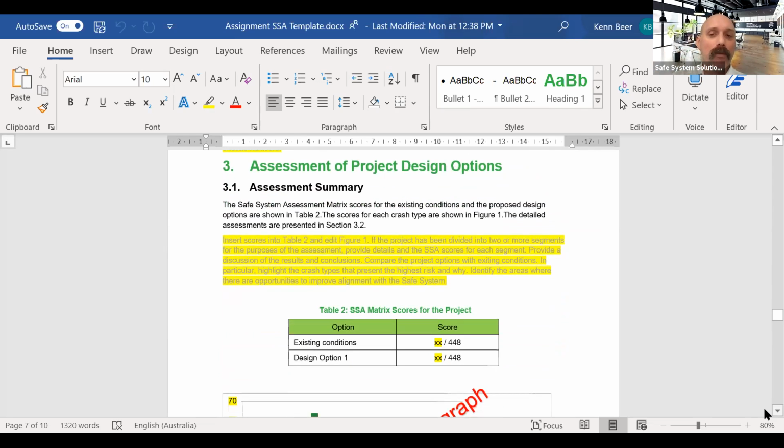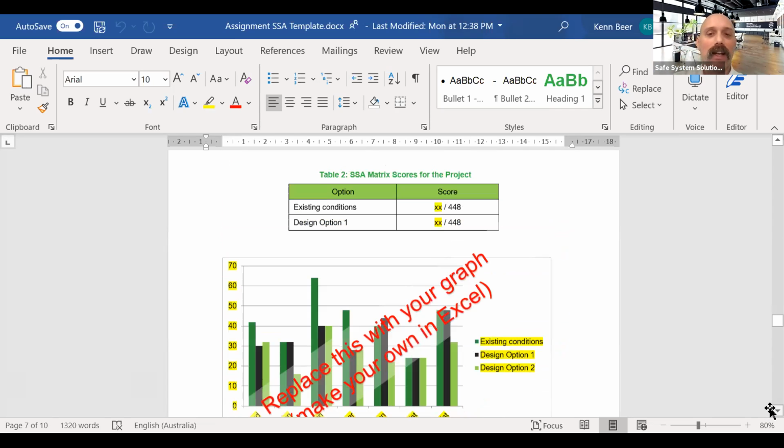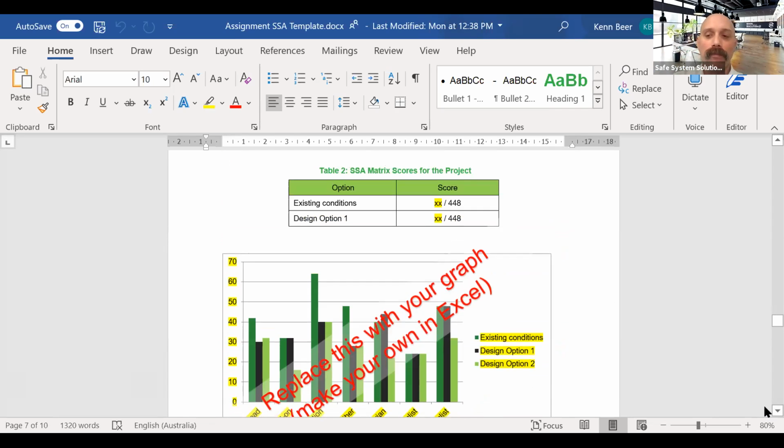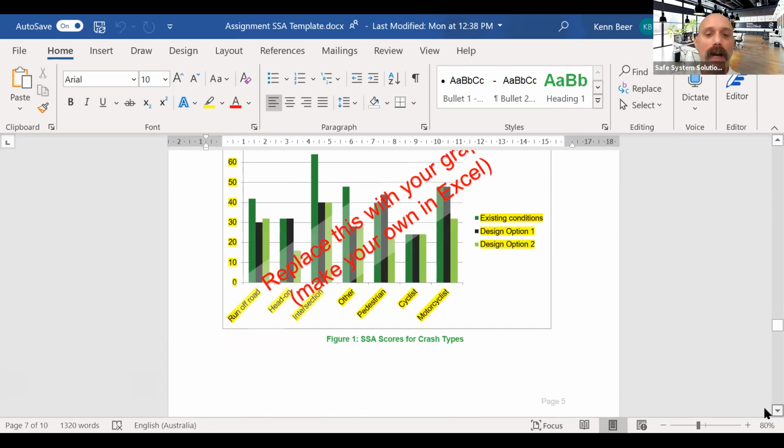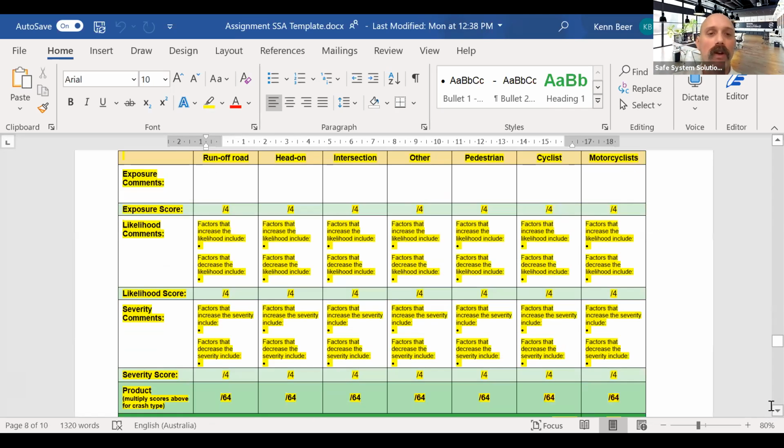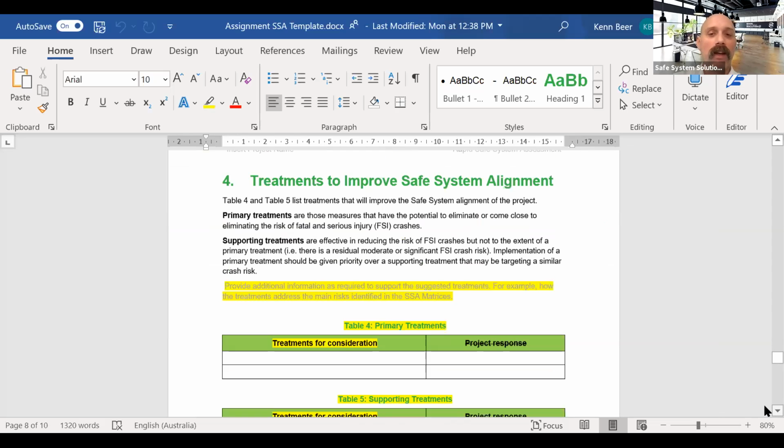You do the summary of your assessment. You'd fill out these words after you've actually done the assessment and the numbers and the graph, because you're going to need to do this matrix first. And there we've shown it. You put in the scores, your factors that increase the likelihood, decrease the likelihood, factors that increase the severity, decrease the severity, and put your scores in. Once you're happy with all of that, copy it, paste it, alter it, change the color of the text,